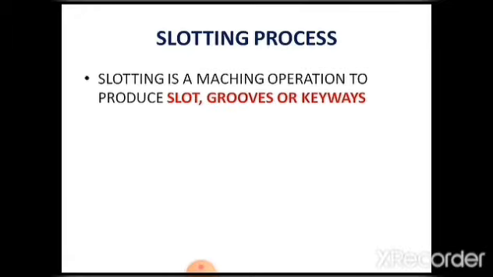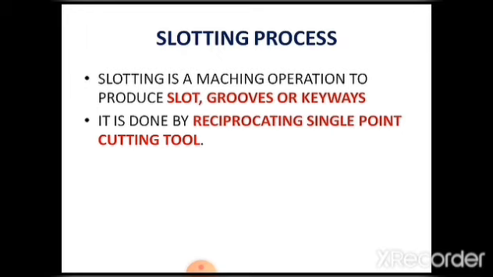नेक्स्ट देखते हैं हम स्लॉटिंग प्रोसेस। ठीक है, तो स्लॉटिंग क्या है? ये एक मशीनिंग ऑपरेशन है जो स्लॉट यानी कि खांचे, ग्रूव यानी कि नालियां और कीवेज बनाते हैं। यानी कि स्लॉटिंग इज द मशीनिंग ऑपरेशन टू प्रोड्यूस स्लॉट, ग्रूव्स और कीवेज। स्लॉटिंग वह प्रोसेस है, मशीनिंग ऑपरेशन, जिसके द्वारा हम इसमें खांचे, नालियां और कीवेज बनाते हैं। ठीक है, ये जो प्रोसेस है स्लॉटिंग प्रोसेस, ये किसके द्वारा किया जाता है? सिंगल पॉइंट कटिंग टूल के द्वारा किया जाता है। यानी कि एक धारी कर्तन औजार के द्वारा इसको किया जाता